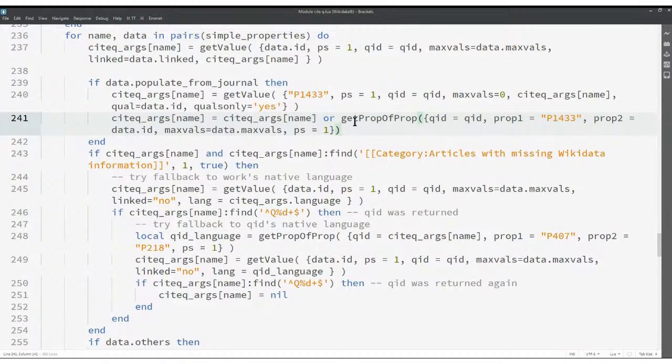That's the place that we'll be looking for it, if it exists, and it will fetch a name out of there if that is available. So it can look not just in the item itself, but it can look at the journal that it's published in, and that will allow us for things that we're populating